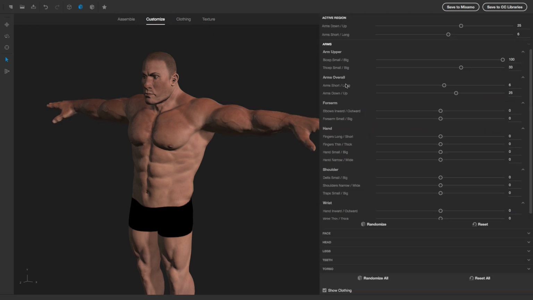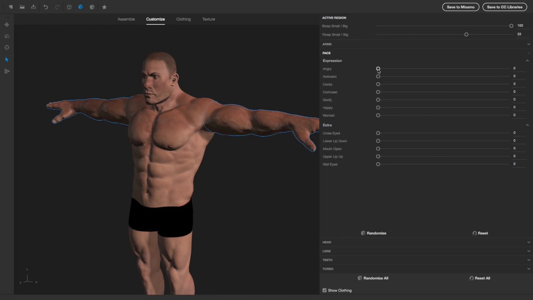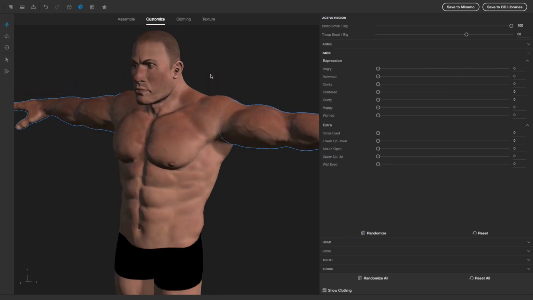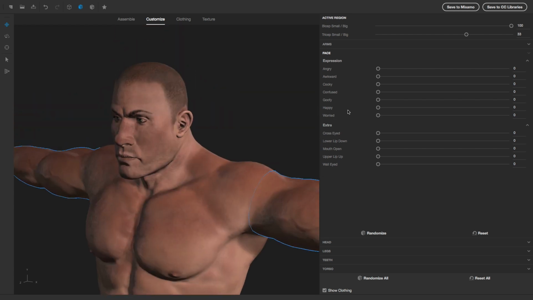If you go in and customize, each one of these little parts is represented over here by a positive-negative slider meter. Everything from, if we look at it, wanting him to be upset or awkward or cocky about how this presentation is going, or happy or worried. And you can see what's happening is it's working with itself to not let you break it.